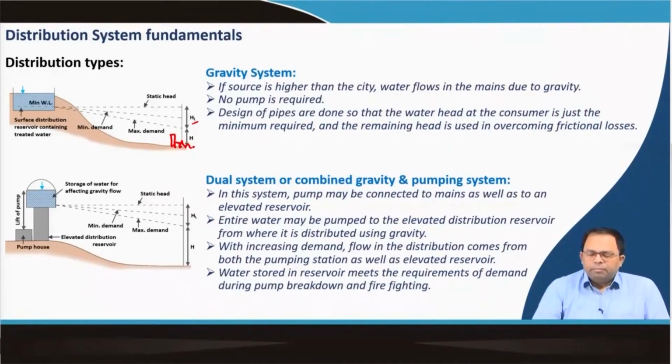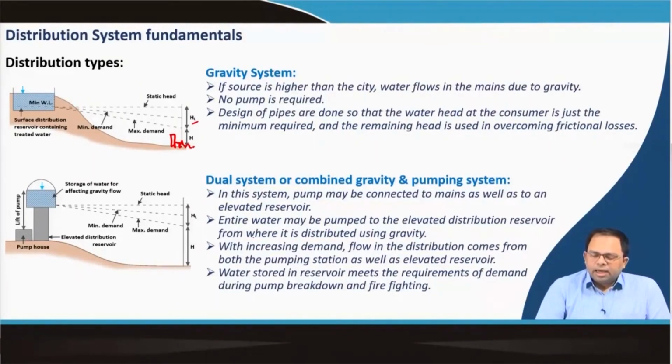In this system, the pump may be connected to the mains as well as to the elevated reservoir. So, that means we have a pump house using which we are lifting water to an elevated reservoir. From there, we are again distributing the water. So, we are actually creating that pressure head over here, which is required to serve this particular locality. So, we have H plus HL taken care of by pumping the water directly into the overhead reservoir via this particular pump. So, this is a system where we are just using a pump to lift the water,